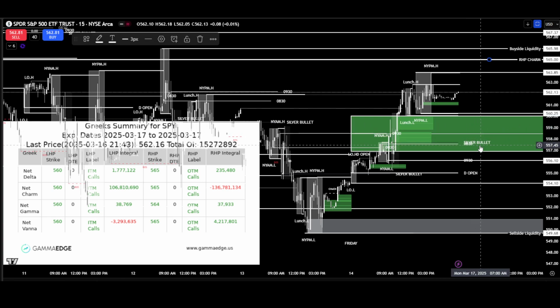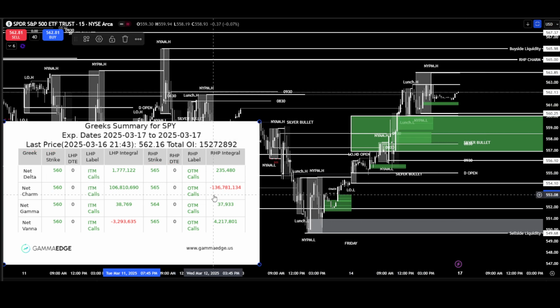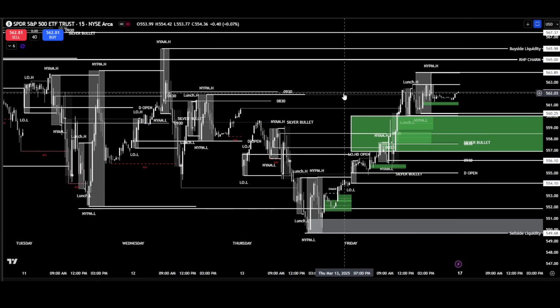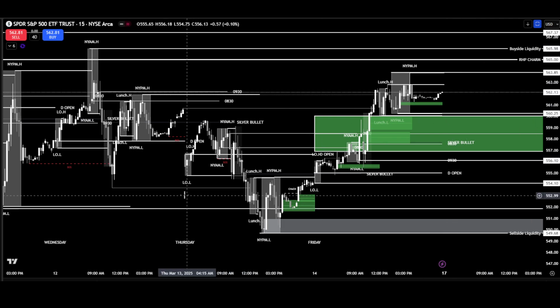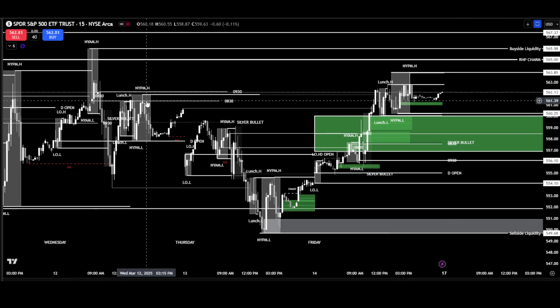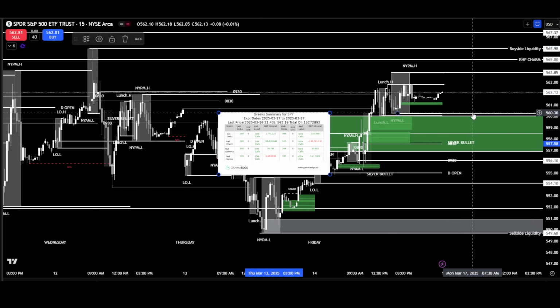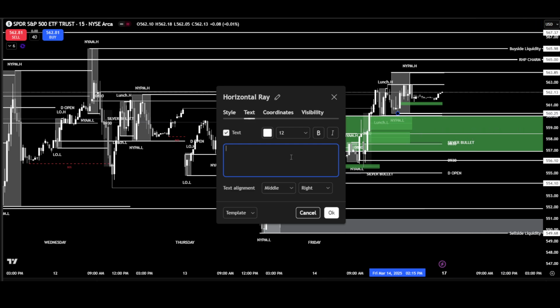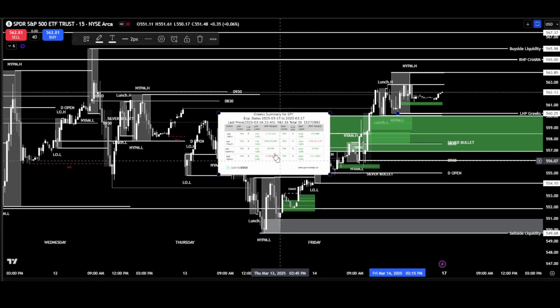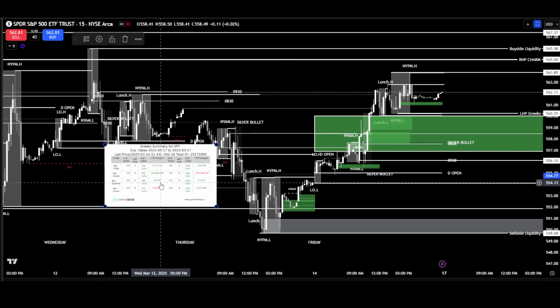Sometimes that happens. We just bounce right off of it and then just start running. So we'll just be watching those areas. But let me put that back on. So I'm going to label this as our left hand plane. I'm just going to put Greeks on this one because all three of our major Greeks are at that